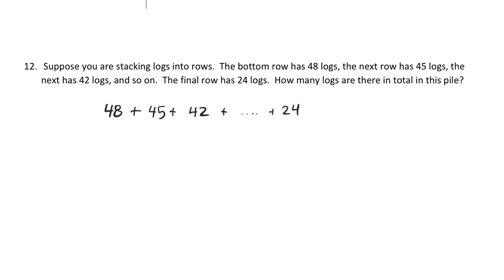Well, this is a partial sum, and we have to decide if it's the partial sum of an arithmetic or geometric sequence. Looks like 48 to 45 to 42 is arithmetic. The common difference is negative 3, so the partial sum of an arithmetic sequence is n over 2 times the first term plus the last term. Now we know the first term is 48 and the last term is 24, but we don't know how many terms this is in total. So we don't know n. So we need to solve for n